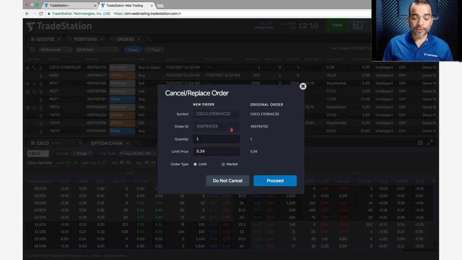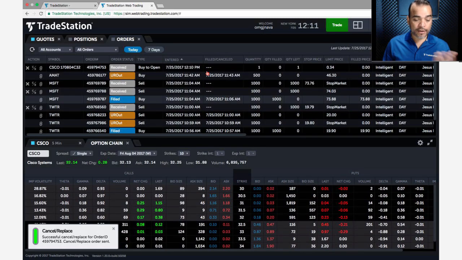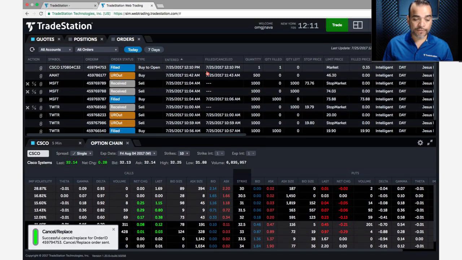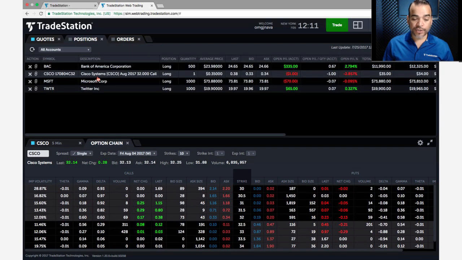And this is the cancel replace dialog that allows me to cancel the order. I'm going to cancel it and replace it with a market order. Proceed. Order filled. And I get an audible confirmation that my order has been filled. And when I go to my positions, I see that that Cisco call is part of my list of positions